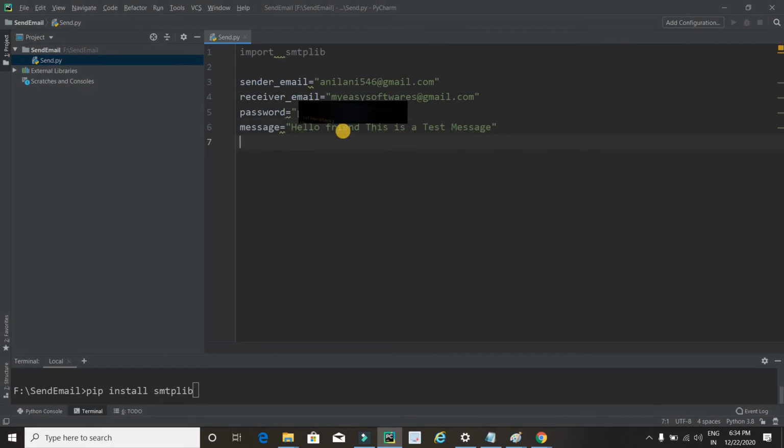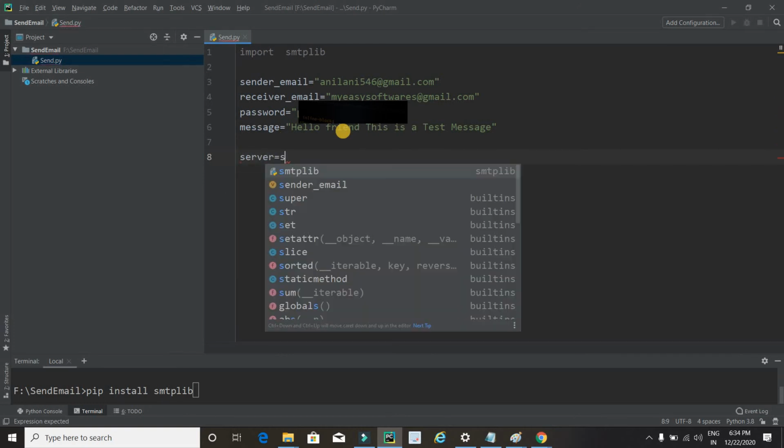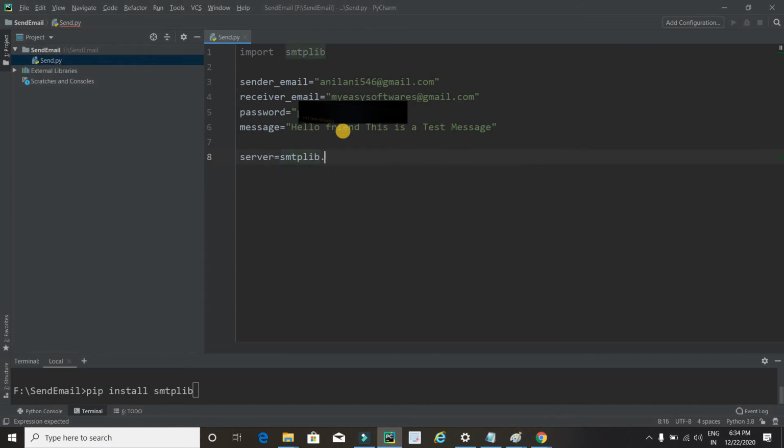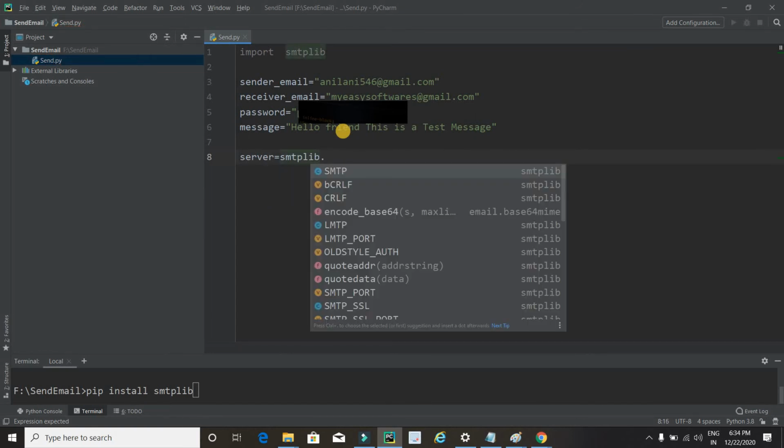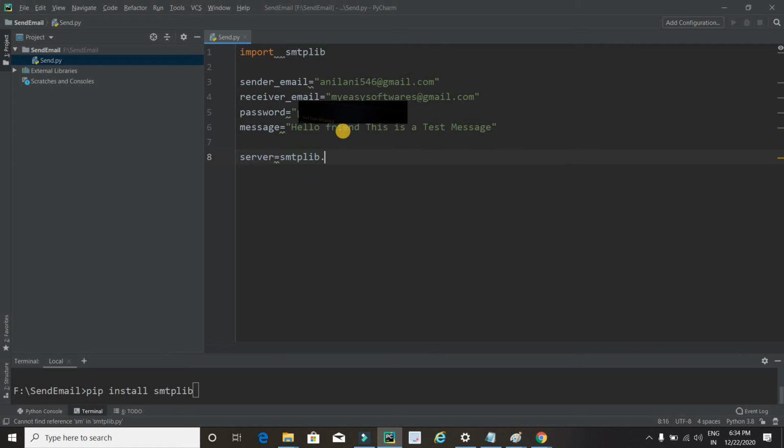Now the next step is to configure the server. So here I will take a variable named server, and I have to write smtplib dot SMTP in capital letters, and here the host name will be smtp.gmail.com, and the second parameter is the port number.